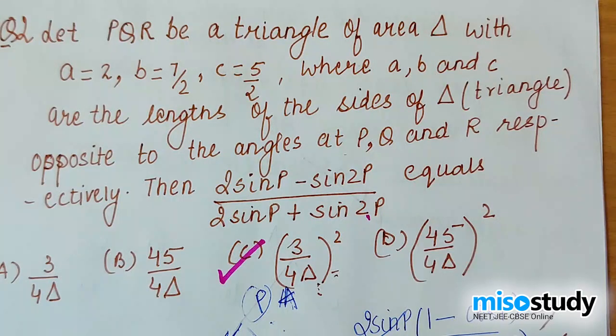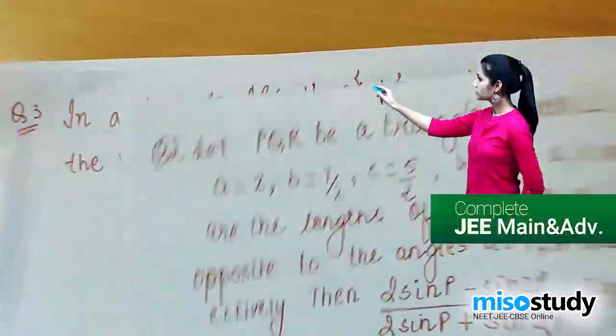So if you know these two formulas, and obviously a bit more, like you know the formula of circumradius capital R, you know the inradius formula, then you'll be able to attempt these questions, because through my previous knowledge and my experience, I have noticed that generally the questions are coming from sine and cosine formulas and the inradius and the circumradius. Alright, but that is not a guarantee, but in 95% of the questions we're using this only. Alright, on that note, let's come to the next question, question number 3.